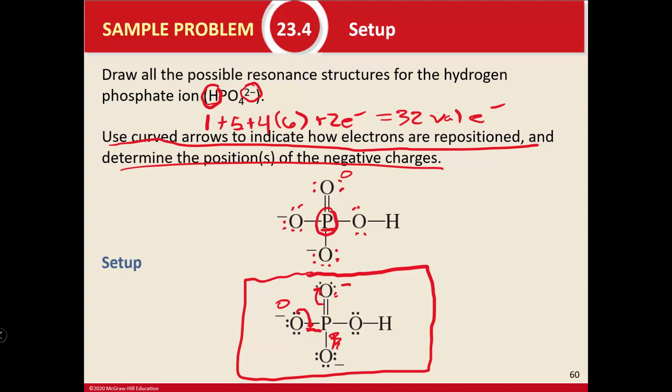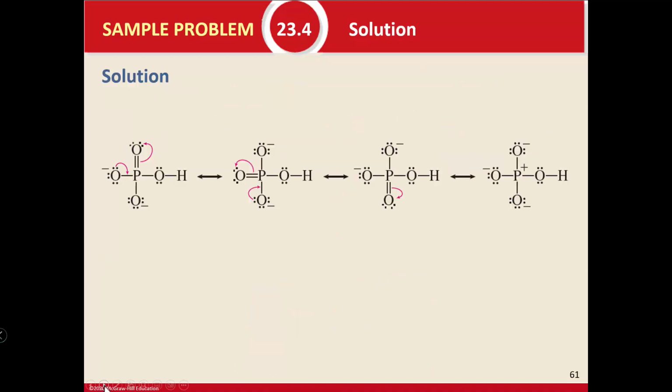So you get the Lewis structure, and then you start playing with it as far as where that double bond can go. So these are the easy ones, right? That's the one we just showed. Then we could do it this way, and then we can do it this way. So the double bond is kind of from here to here to here. All right. And then the last one,